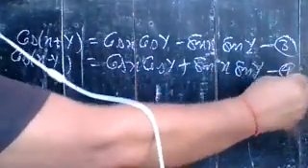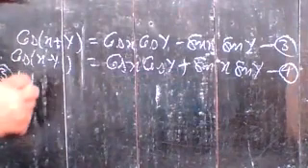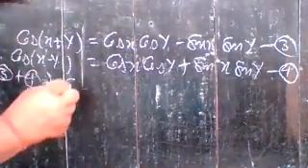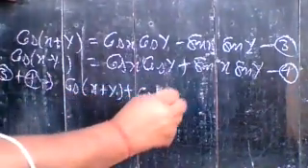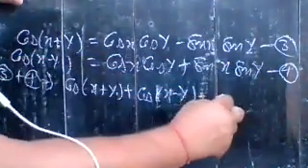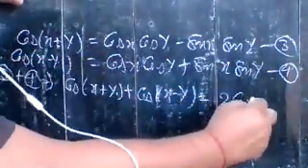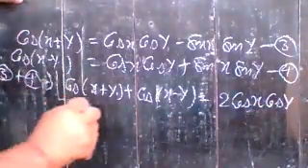That is the fourth equation. Now adding these two, 3 plus 4, you have cos(x plus y) plus cos(x minus y) is equal to, if you add, these terms cancel out, and you have 2 cos x cos y. So 2 cos x cos y is equal to